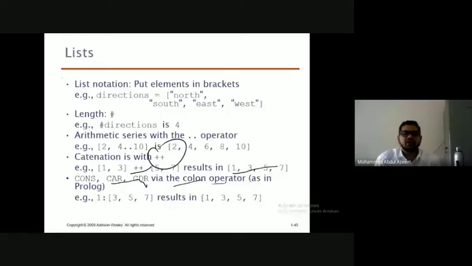Cons, car, and CDR. You can implement these operations here with the help of colon. Cons is implemented with the help of colon, right? So cons is equivalent to colon here, and car and CDR. Car is content address register, CDR is content decrement register. So content address register will give you the